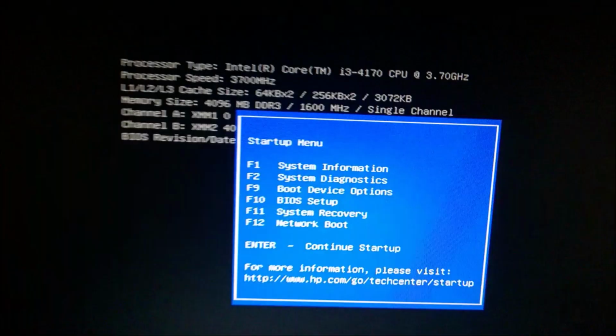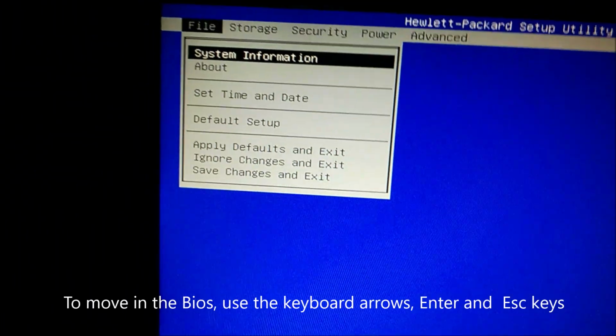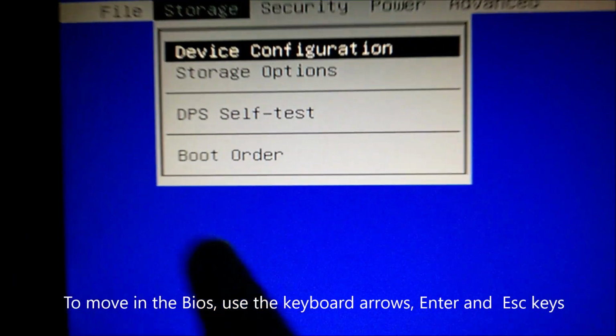This specific one is F10, but it's going to be different for others. So I'll keep it depressed, and with my other hand, I'm going to power up and keep depressed whatever button you need. Now this one I access the BIOS with F10, and then we need to search for boot order.